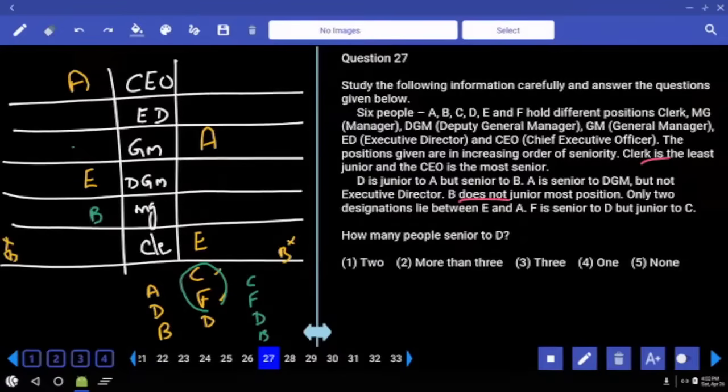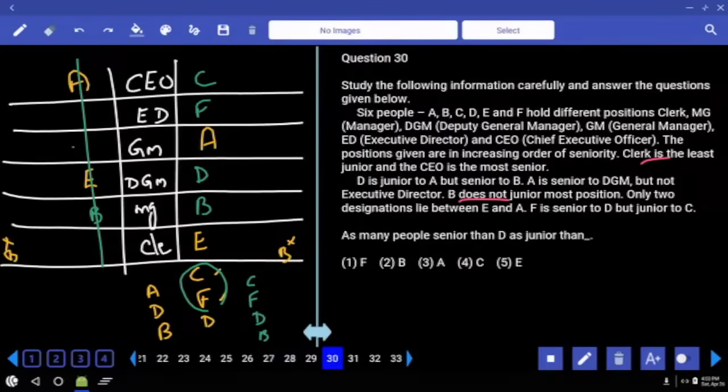C, F, D, B must be in this order. Is it possible to have B at this place? No. And this case is completely ruled out. Then where can we have this B? Can we have B at this place? If B is here, there must be 3 persons before this one, which is not possible. Hence where should this be? Now B must be here. B is here. Next one, D is here, F is here, C is. C, F, A, D, B, E.